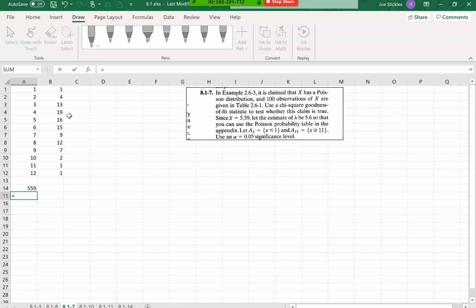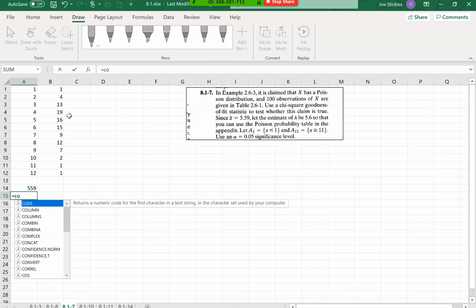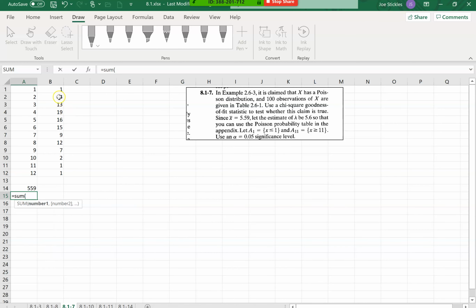And then I want to divide that by, that might actually be equal to 5.59 now that I see that. I want to divide this by the sum of these. And I'm going to bet there's 100 here. Look at that. All right, so the average here would have been this divided by